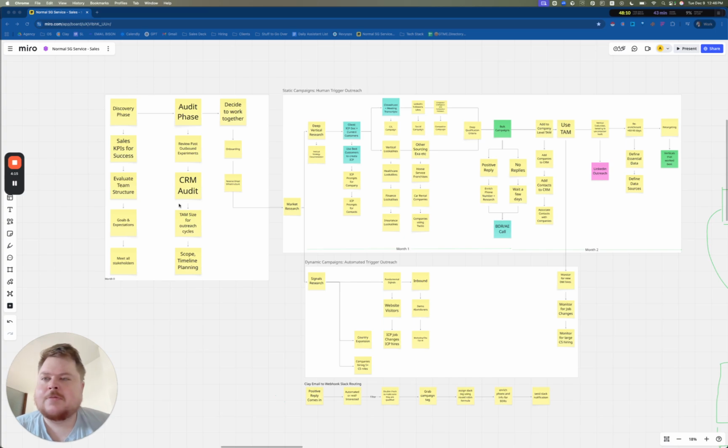But this is super important to set the expectation that in the first 30 days, we're not expecting to do anything other than get to know you and your systems. Month two is where the sending and the pipeline generation will ideally happen,